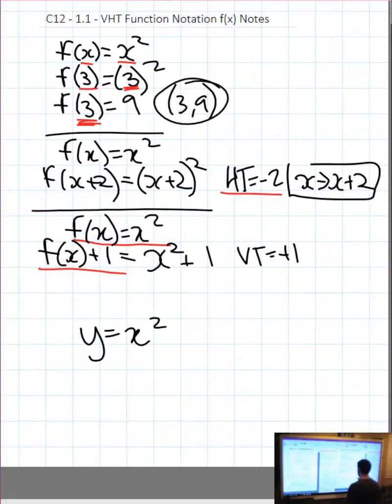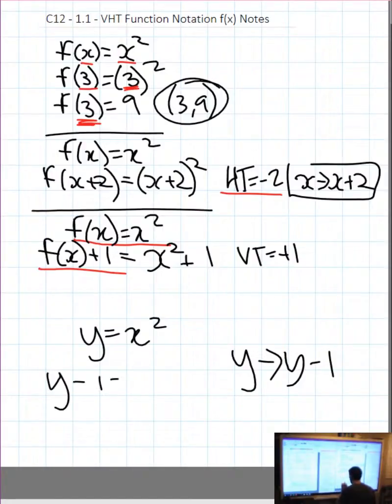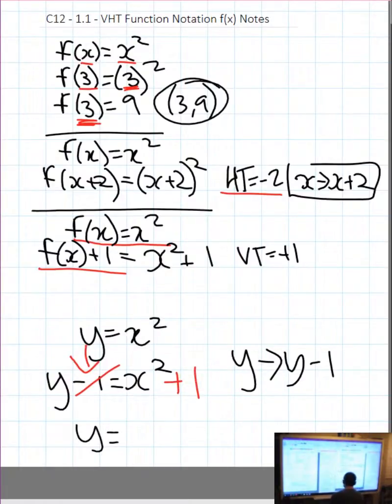Well, remember, if we want to make it go up 1, we simply substitute y minus 1 in for y. So I take y and I put y minus 1 in for y, simply substituting the opposite operation for the variable. Then I can add 1 to both sides, and I have my equation y equals x squared plus 1,